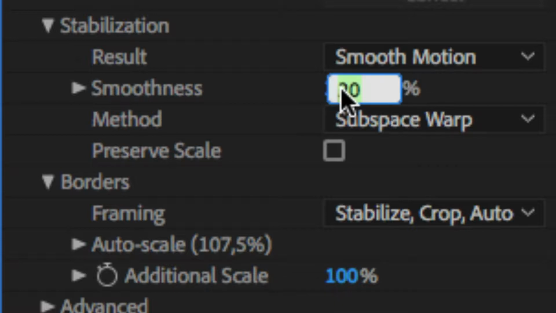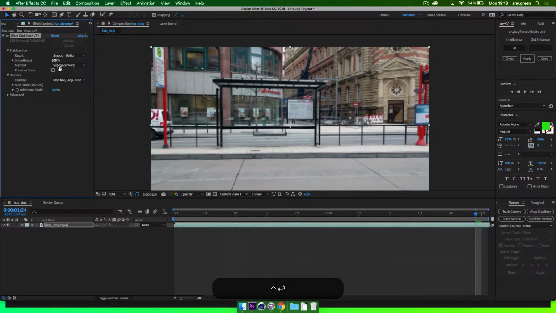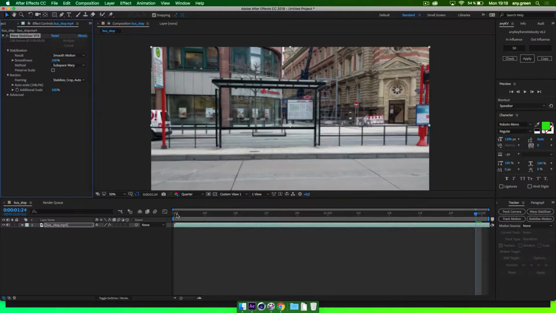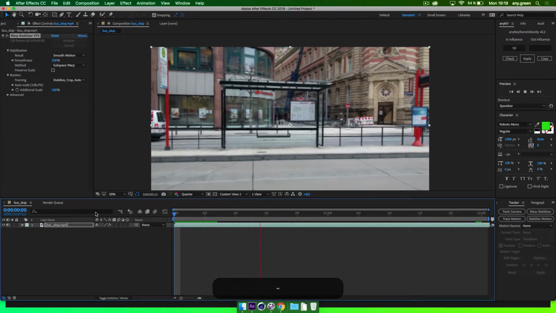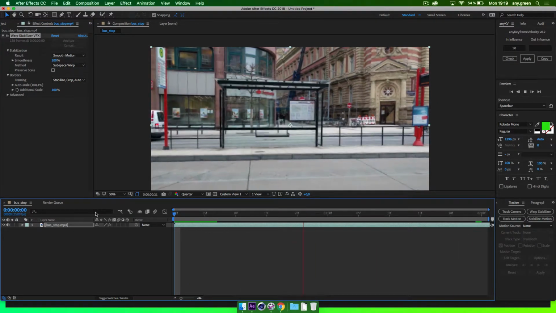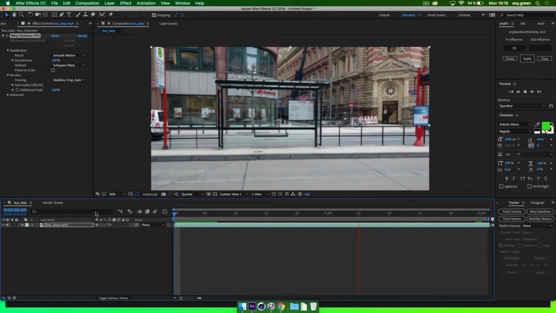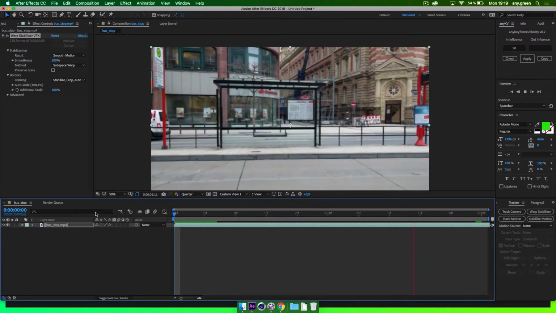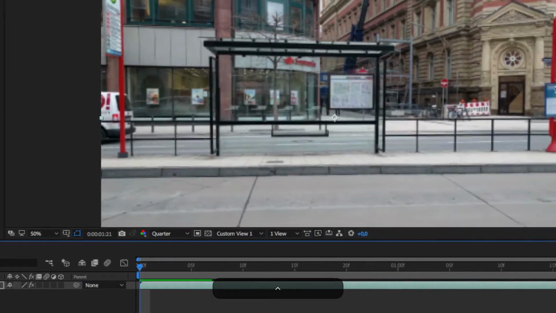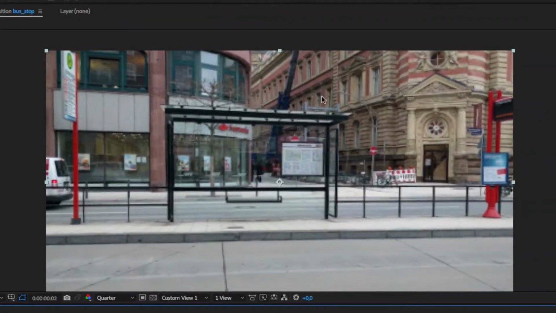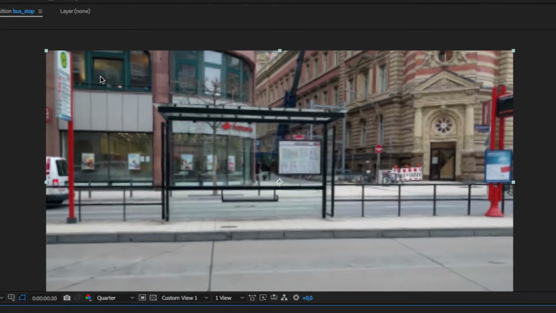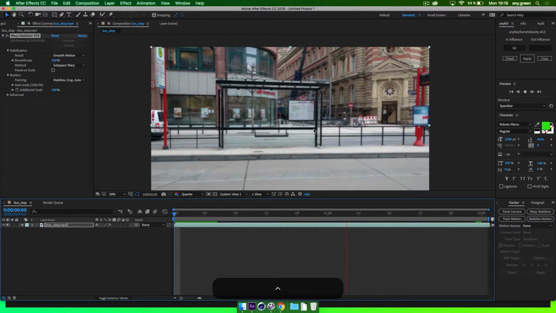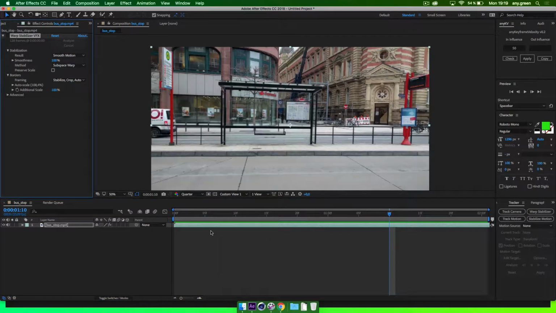If we have something like 50 or even 100%, let's just see what happens here. First, I can see it zooms in quite a lot. And when I play this back, it looks a little bit similar to what we saw earlier. It actually doesn't work too bad. But we do start to see that there's a little bit of weird morphing going on here in the top left corner, how it's kind of like shifting a little bit like this. But still, pretty cool that we can go from this